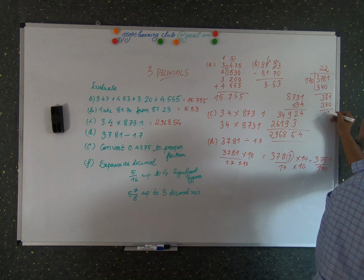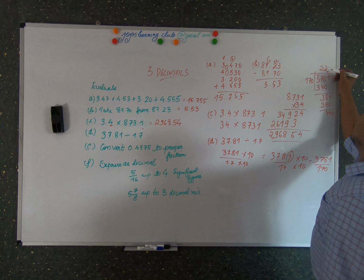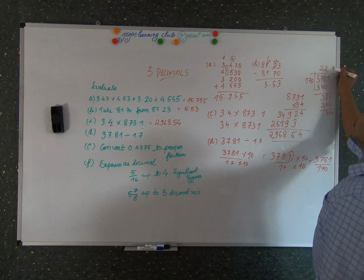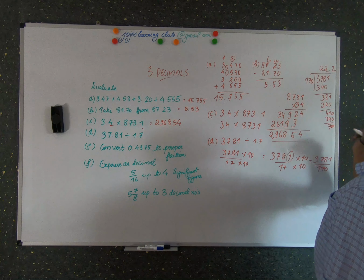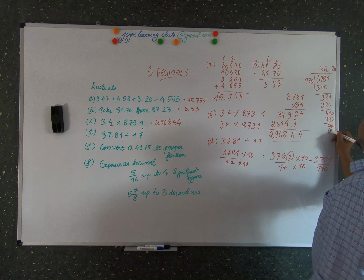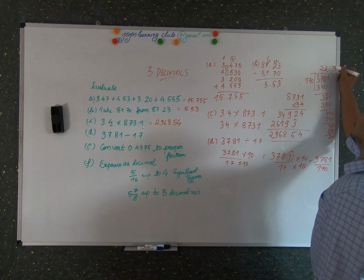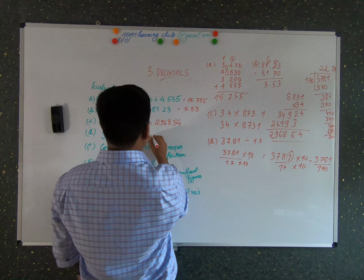Again 410. No, I appended a 0 and put a decimal point over here. Again it goes only 2 times, 340. So you have 70 here. Again 70 goes 4 times, 680. So 20, it goes on, okay, to 20. So the answer for this problem would be like